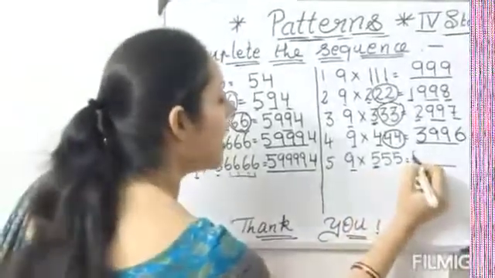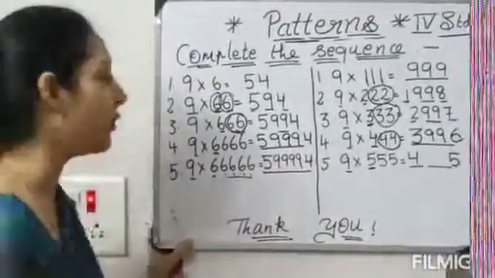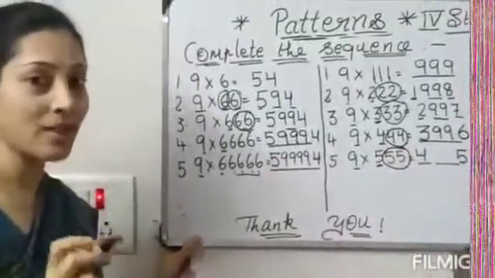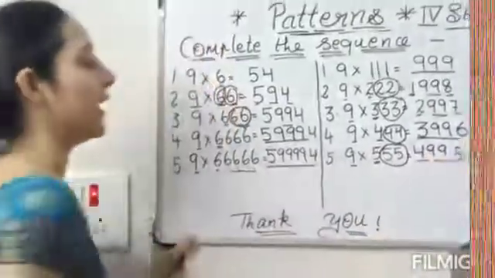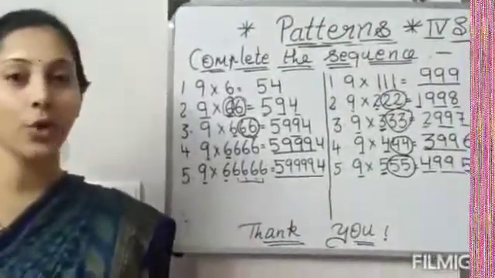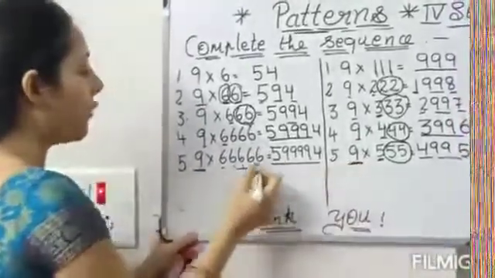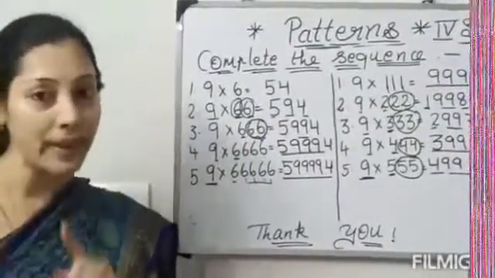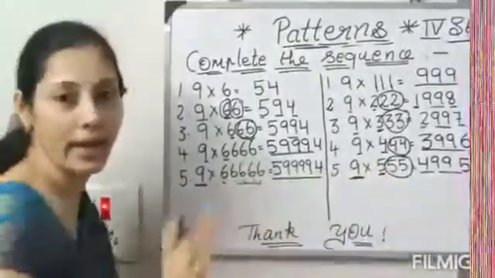What is 9 fives are? 45. Very good, students. How many left over? 2 left over. So 5 is replaced with 9. How many nines you have to add? 2 nines. Very good. Really it's easy, no? Just you have to concentrate, and because see all are nines, you have to replace these numbers with 9. What you have to replace? Replace the numbers with 9 and add it over and write down.